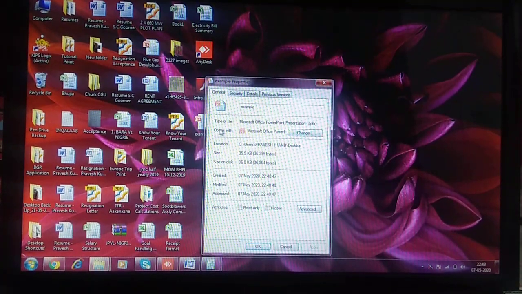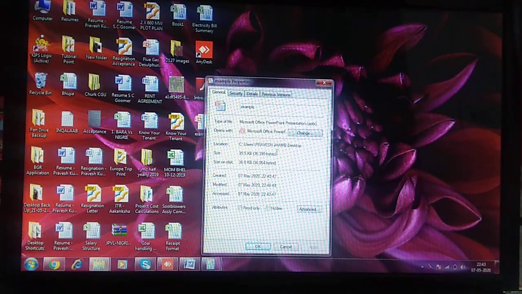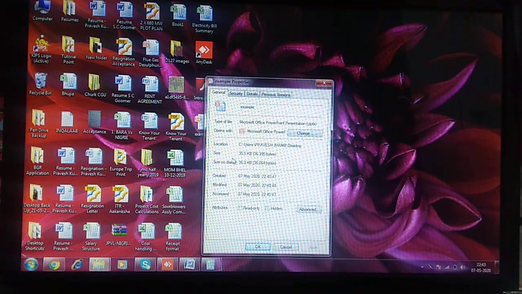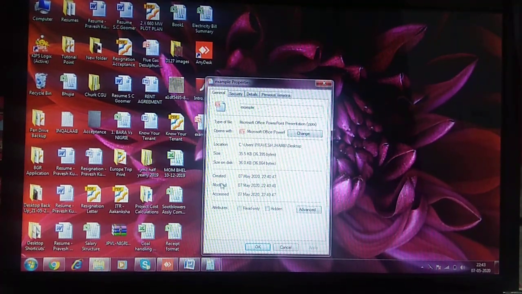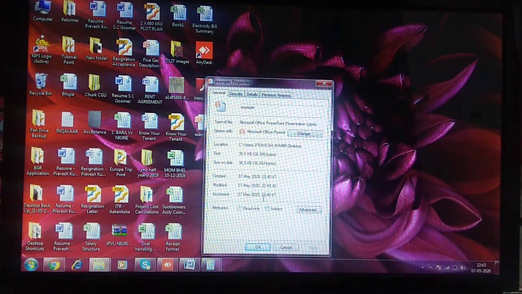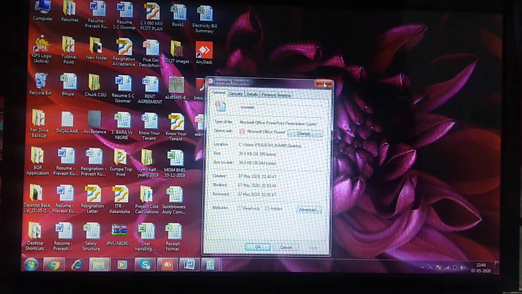Go into Properties and in type of file you will find the extension. There you will find the location where your file is stored, the size it is taking on disk, and on which date you created it, modified it, and accessed it. So these are the properties of the file.